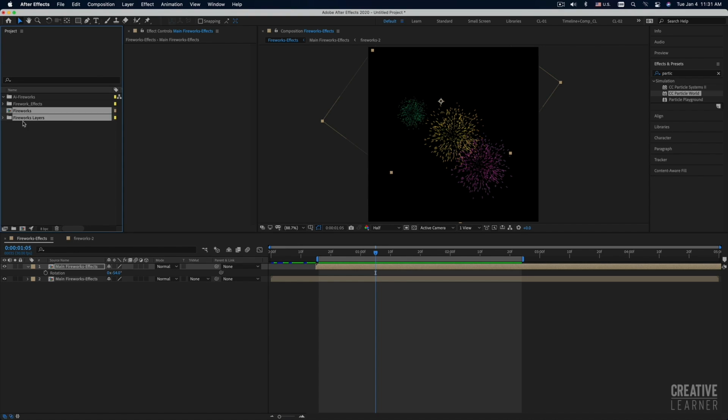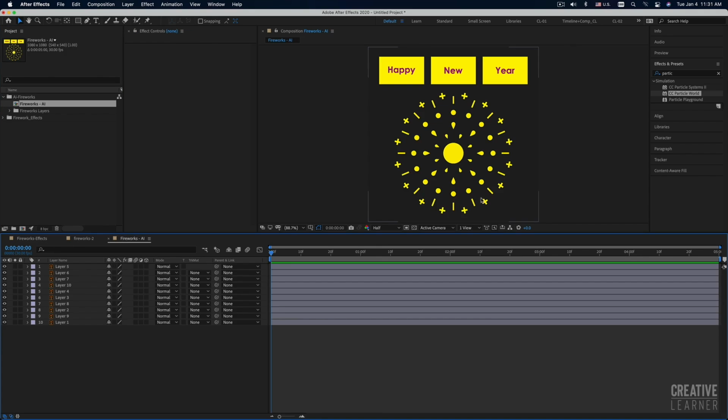So after that, I will bring all the things into the AI folder. So that will be our fireworks. If you click on the fireworks in AI, I can rename it. I can select that layer and the composition, and then press Enter. You can name it like fireworks and then dash AI, so that will be bringing the AI file. So when I double click that fireworks AI file, now you can see that whatever I drew in Illustrator is coming up in